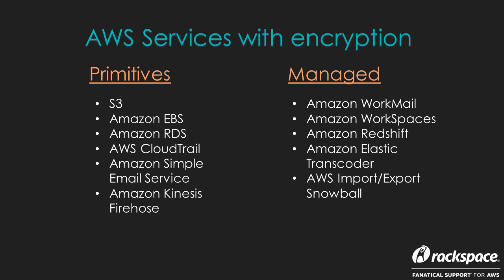And then when you talk about those native services within AWS, here are some of the AWS services that have encryption built into them. Now, obviously, Amazon runs at a very high pace of innovation, so they're continually adding to this list. But I tend to look at them as divided into two main categories. So you have the primitives or the building blocks. These are the services that you would use to formulate and build your architecture, and using the native encryption offerings within those services, such as EBS to be able to encrypt volumes,